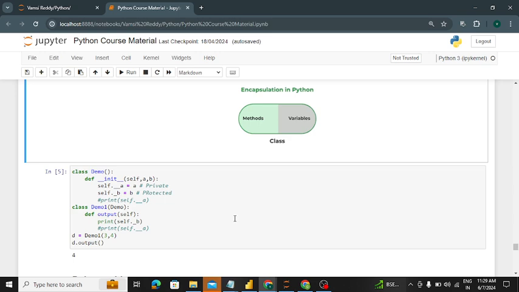Once you create a private, we can't access it, even with inheritance. We can't access it if you do any inheritance also. It is only for the particular class where you create the private, used only there. But protected is not like that. If you create a protected, we can access it in multiple classes when you have done inheritance.